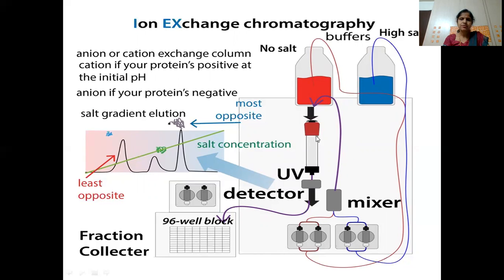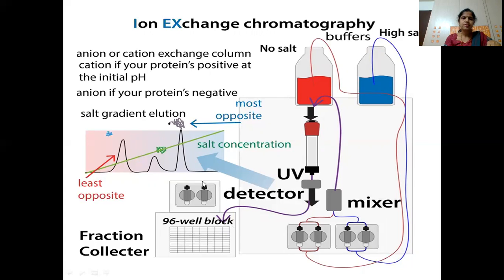Now here the separation will take place. The ion which has weak affinity towards the ion exchanger will move fast. Then that is detected here. After detecting, whatever fraction is coming out is collected in the fraction collector. So we will have a series of collectors here, and all the fractions that are eluted out will be collected over there.